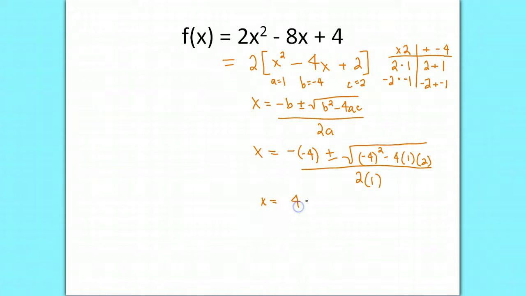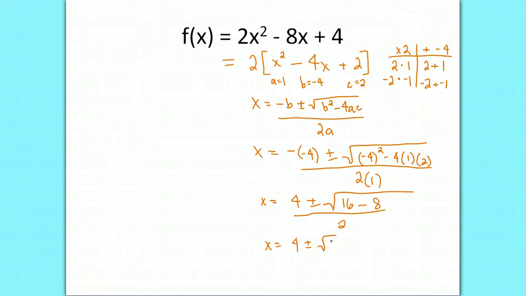So we're going to have 4 plus or minus the square root of positive 16 minus 8, all over 2. So we're going to have 4 plus or minus the square root of 8 all over 2,